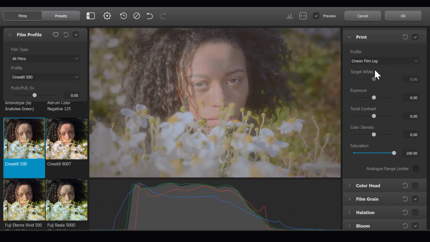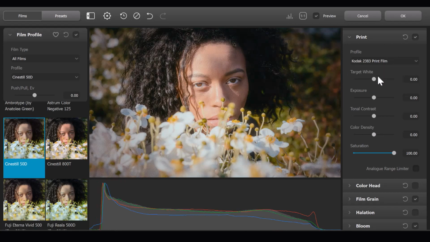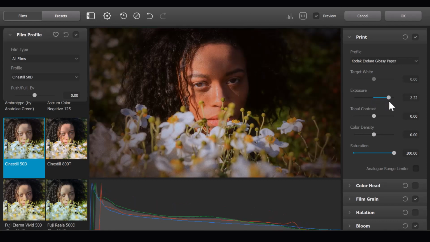Cineon definitely desaturates and takes away a lot of the contrast. I'm not sure how I would feel about that, but obviously we have settings here. I'm sure we can change these. Again, these are foundations and starting points. This is the Fujifilm, the first Kodak here, and glossy paper that we have. I do feel like the glossy paper is my favorite, and we can change the exposure a little bit or raise it up,